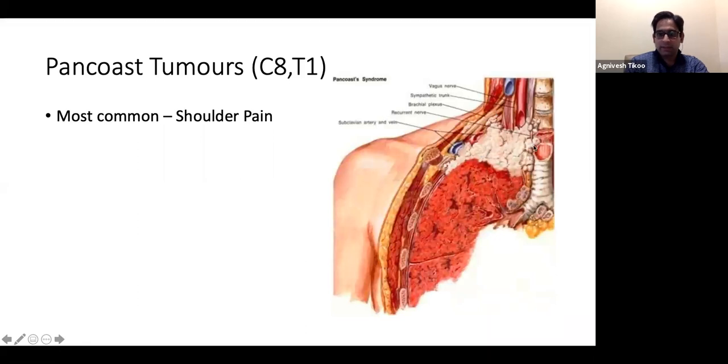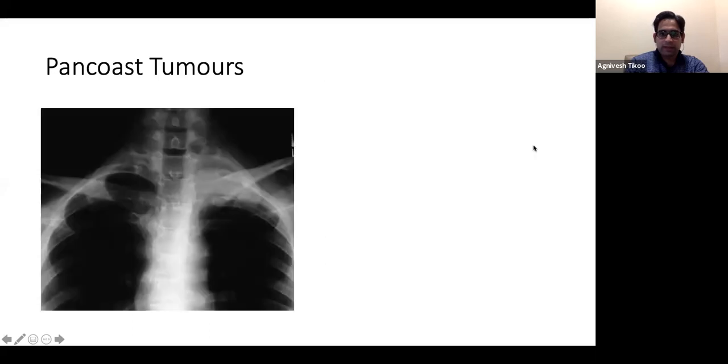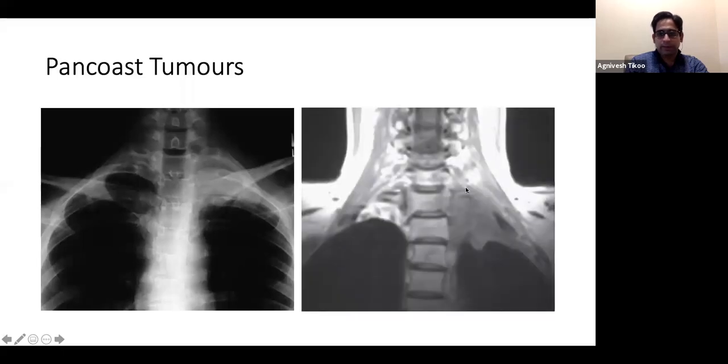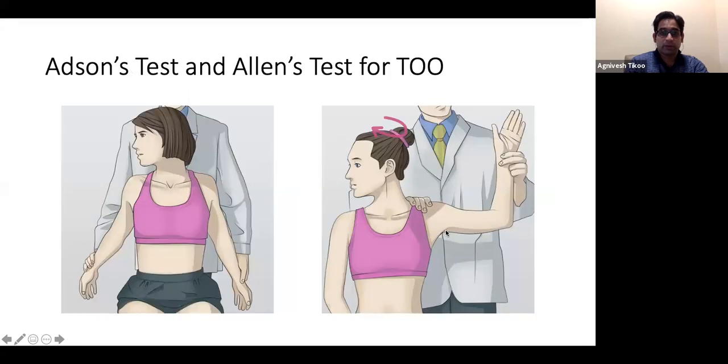So whenever you are looking at a cervical X-ray, also look at the angles, these upper supraclavicular fossae or the supraclavicular part of the lung. If you see such an opacity and the patient is having ipsilateral pain, it may be a Pancoast tumor. It may be a tumor which is pressing on the plexus. And when you do an MRI, it can clearly show you that this is a Pancoast tumor.